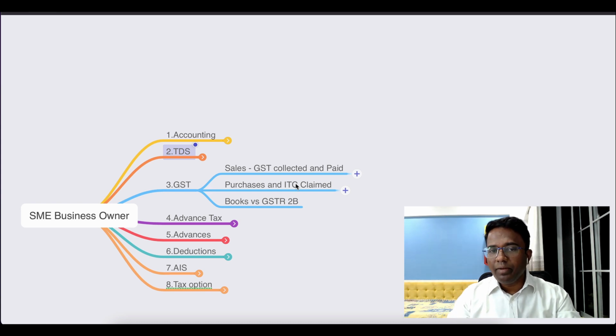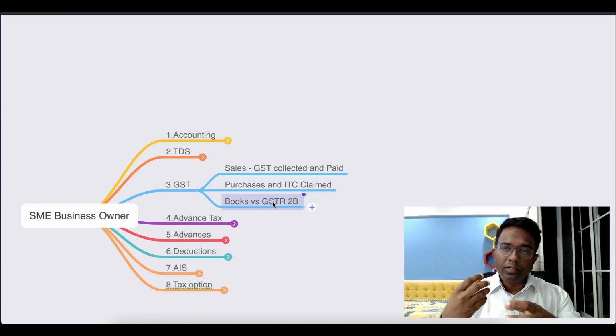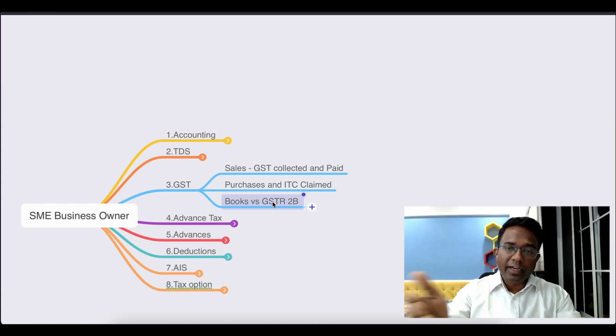If it is applicable, then please reconcile your books with the GST data available on the GSTN portal, that is outward tax paid, ITC, and the last main part, books versus GSTR 2B. So mainly when people sell under GST, they upload it on the portal and that will get reflected in that 2B statement. Meaning whatever ITC there is, that should get reflected in the 2B statement.